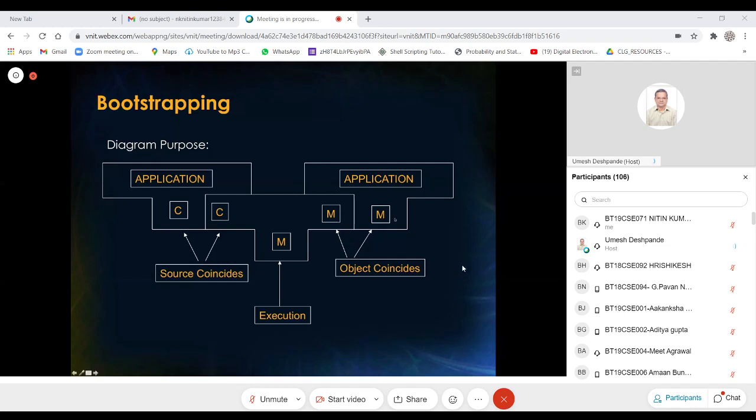So the object language or the target language of the compiler is what is produced, the equivalent program for this application that is being translated. And the compiler itself, as we see, since the implementation language is M, can itself execute on the machine M, because we have the executable version of the compiler. Right. So let's take this idea a little further.